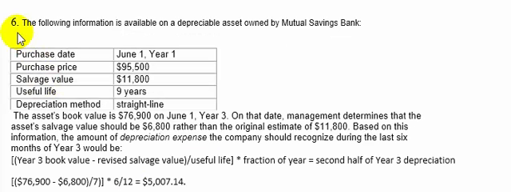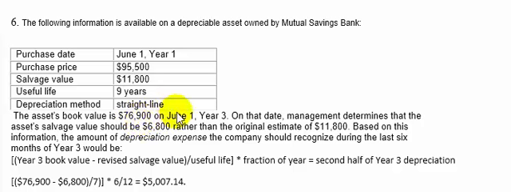Question number 6. The following information is available on a depreciable asset owned by a mutual savings bank. The purchase date was June the 1st of year 1. The purchase price was $95,500, salvage value $11,800. The useful life was 9 years, and the method was straight line depreciation. So the asset's book value is